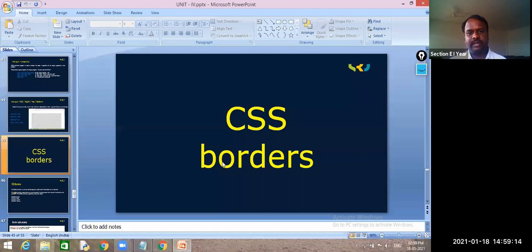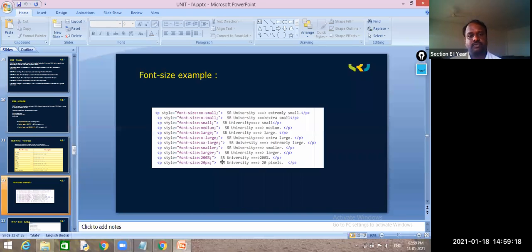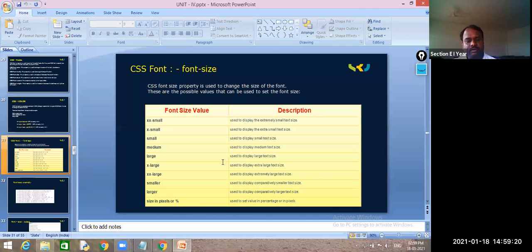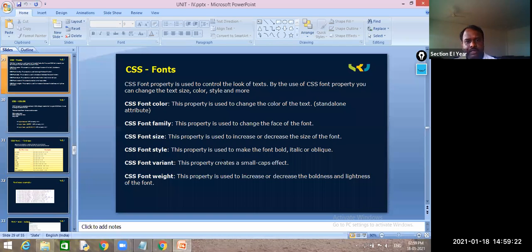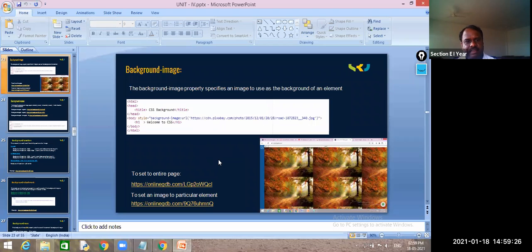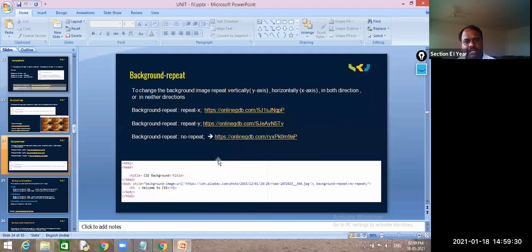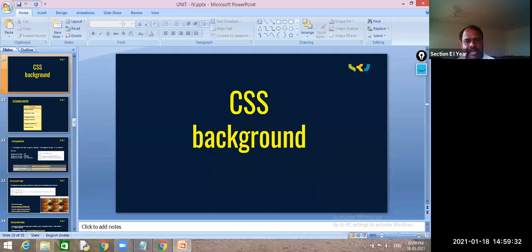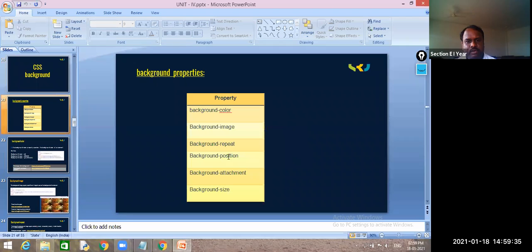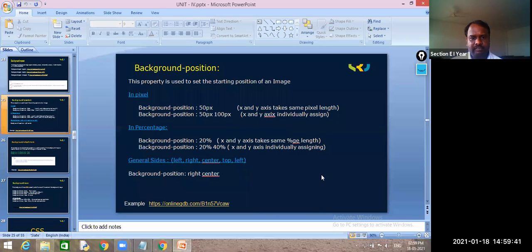Okay, so this is the way you need to learn to write web applications. First one, what we learned, background. We have changed the background with color and images, and the images had some problems. The problems also we have solved by using other attributes like background repeat, position, attachment, and size. And next one, we learned font.